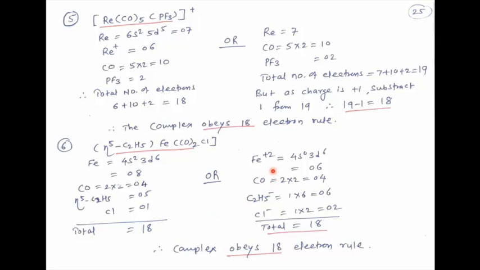Here charge is considered. On iron there are 4s2 3d6, with +2, 4s0 3d6, and therefore here there are 6 electrons. 2 carbonyls are present, so 2 into 2, 4 electrons. On C5H5 there is -1 charge, therefore 6 electrons are donated by it. 1 chloride ion, but we have discussed in one of the rules, if there is negative charge, add 1 more electron, so therefore here there are 2. Do the total, 6 plus 4 plus 6 plus 2, it becomes 18. So this complex obeys the 18 electron rule.